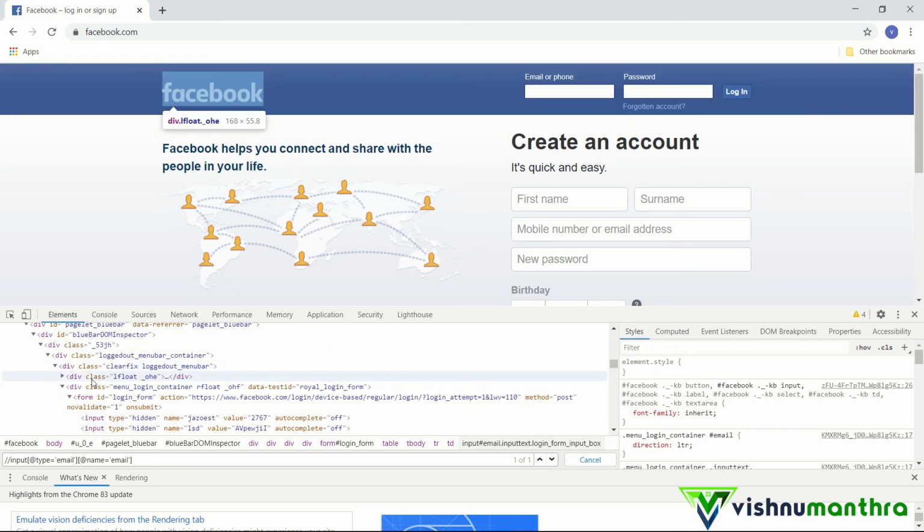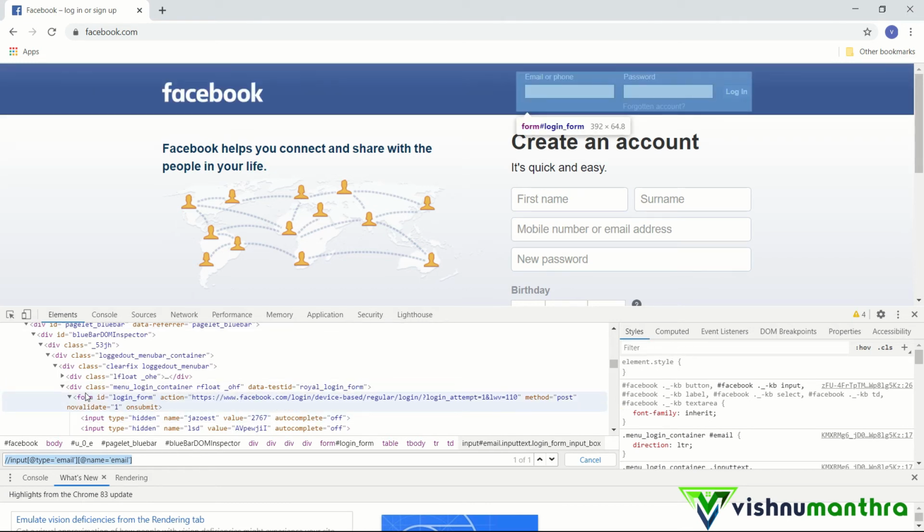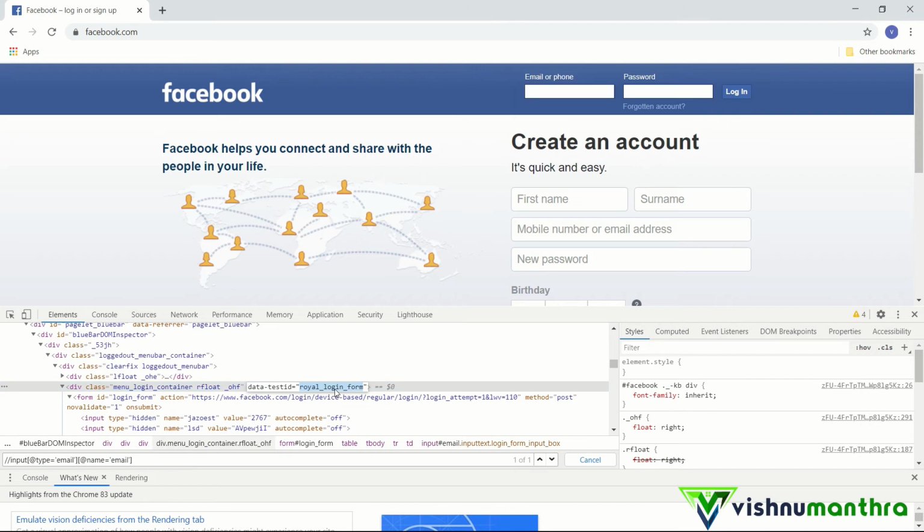In order to do that, we have to change the XPath. So we will copy this thing.